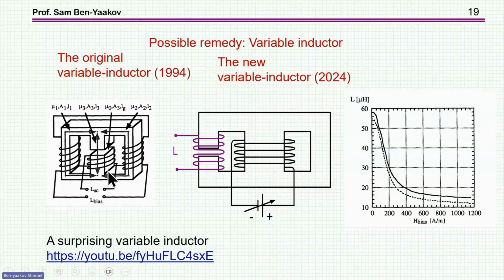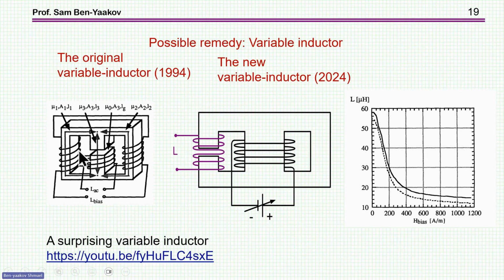And this is a variable inductor, the inductor in the two terminals here, and this is biasing. I'm not going into it. There is a video on YouTube in which I'm explaining this and the other configuration I'm talking about. Now, this configuration was actually used by hundreds of papers in which it was shown that this could be useful